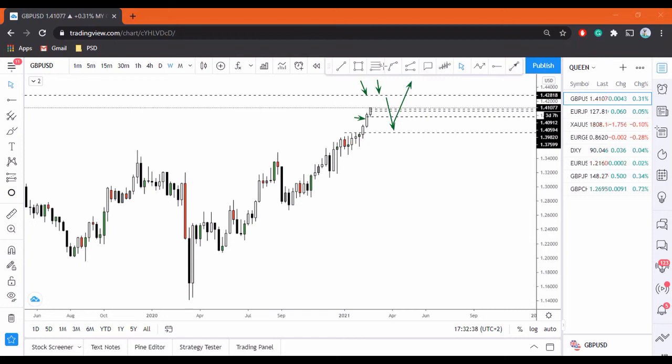So on the weekly time frame, for this week's time frame, we talked about this support. This is where price cannot break if the trend is going to continue. But if the trend breaks on the weekly time frame, was it the weekly? Oh yeah, this weekly. Yes. So if price breaks this support, we have to expect price to reach this support. And then on the bigger time frame, on the monthly time frame trend,